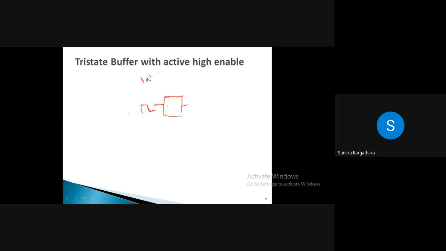But suppose you say D flip flop, you can recall. Suppose you are having a D flip flop, we know that along with this input we are giving a clock signal. Do you remember, student? We are giving a clock signal. Yes or no? Along with the input, one more input we are giving, and that is clock signal.